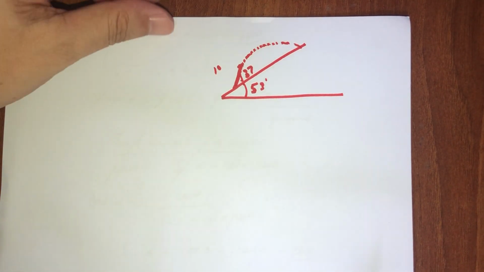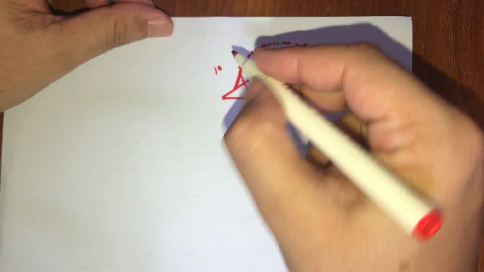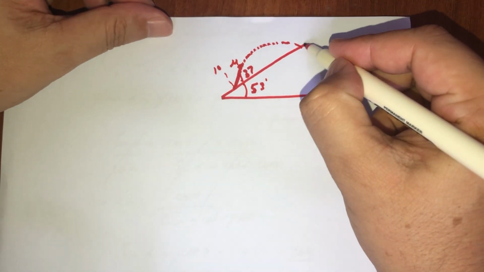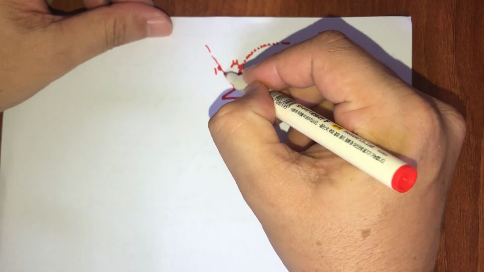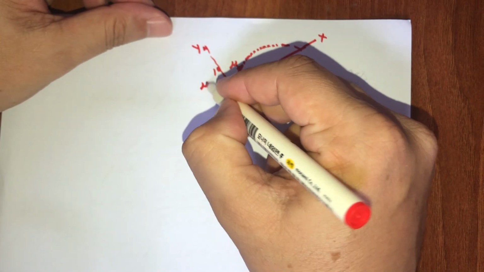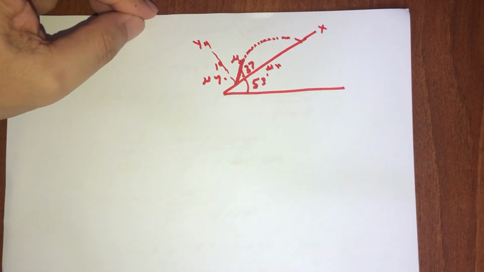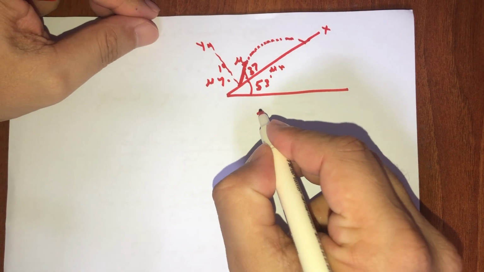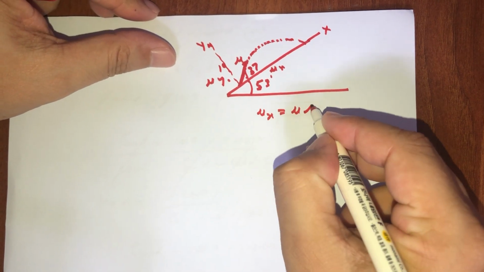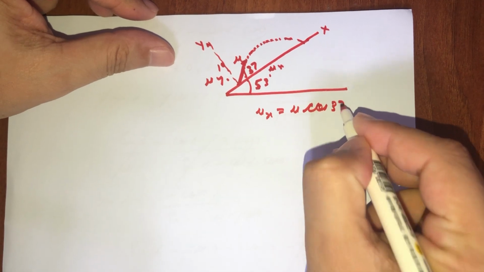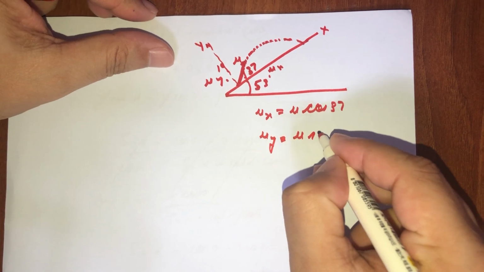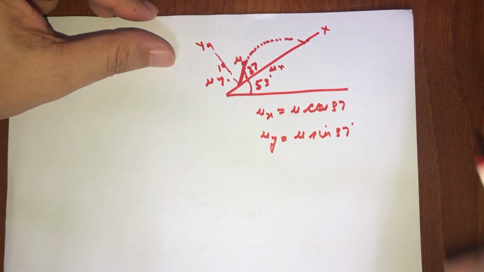So first of all, we are going to divide the initial velocity u in two components. This will be our x and this will be y. So we are going to get u of x and u of y. We can write u of x is equal to u cos of 37 and u of y is equal to u sine of 37,